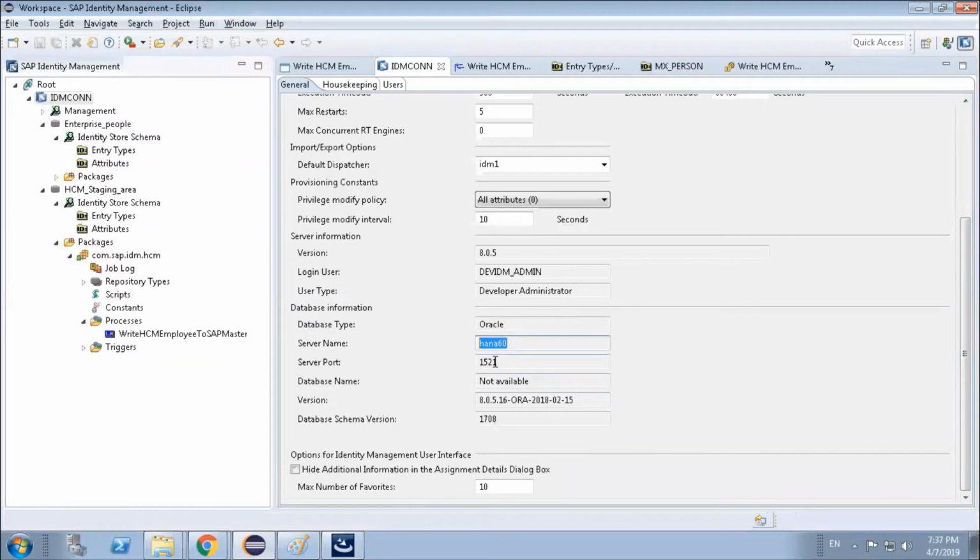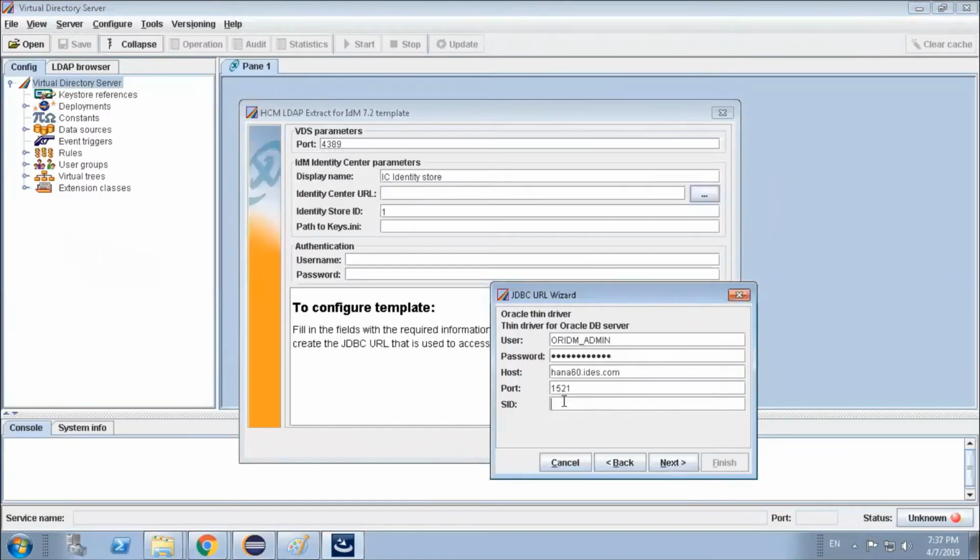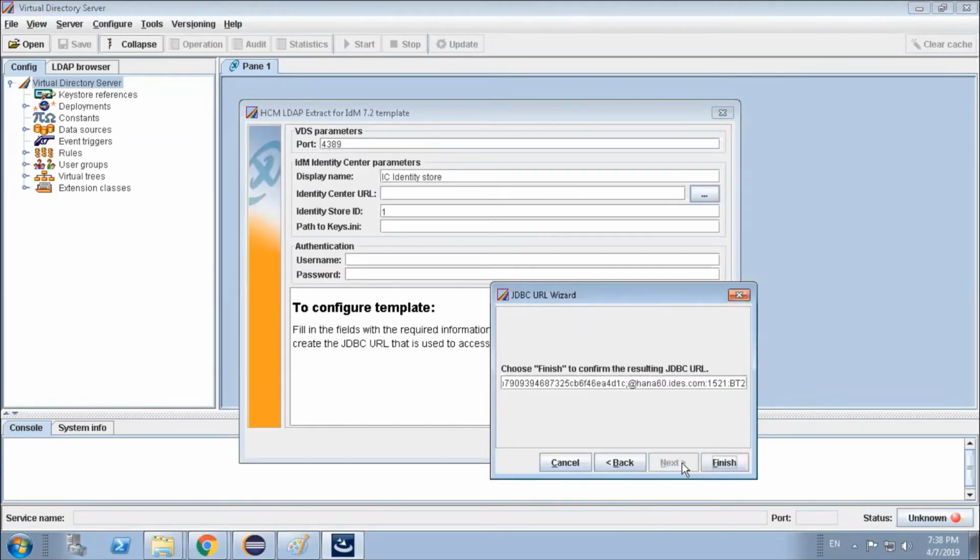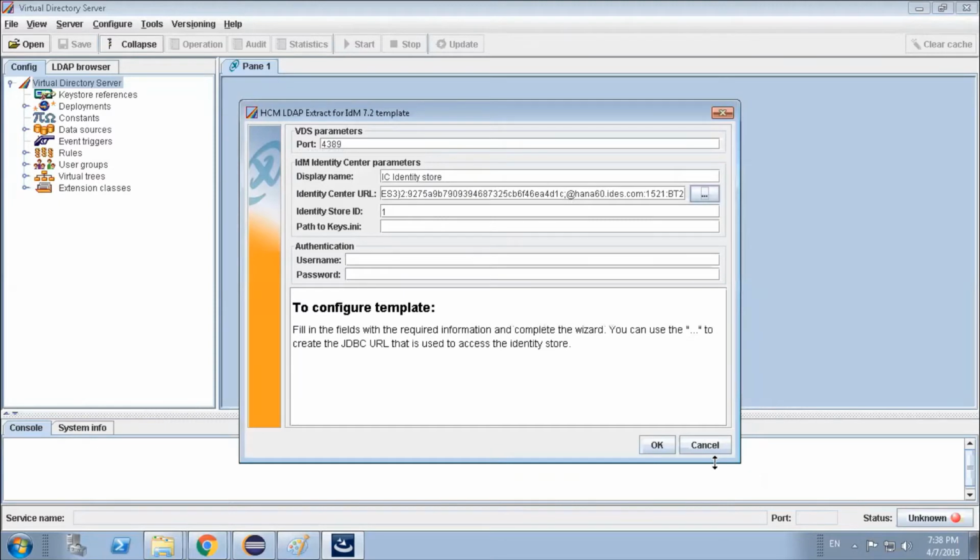This is 1521 and the SID is BT2. This is the system that we are connecting. So these are IDM specific users, database specific users. We are putting this database information.